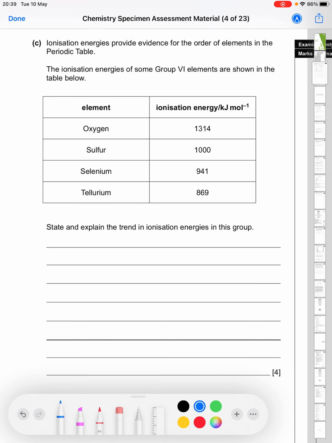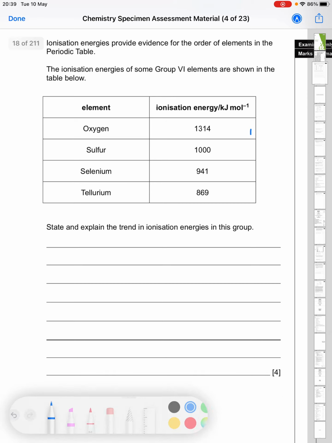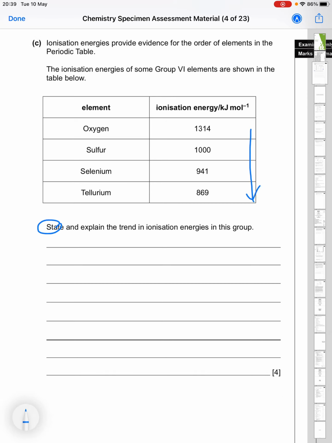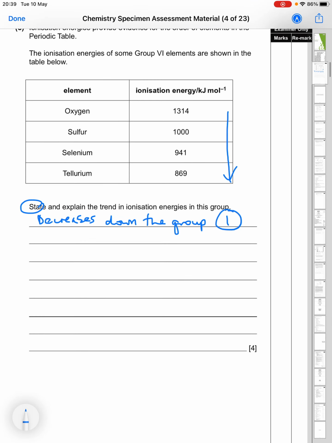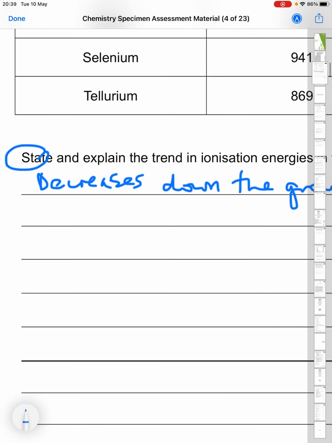Well, you can see here the trend is that as you go down the group, the ionisation energies decrease. So that's 1 mark for stating the trend, so it decreases down the group. So I imagine there's 1 mark for that. And then you have 4 marks in total, so 3 more points need to be made here. So as you go down the group,